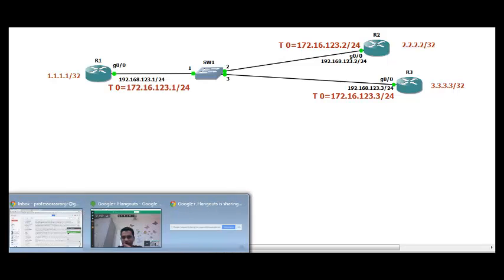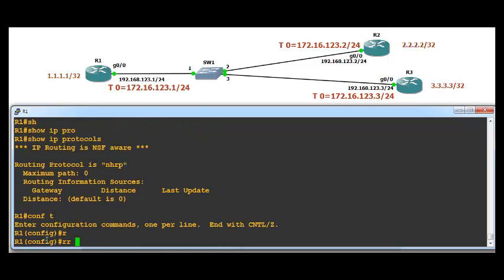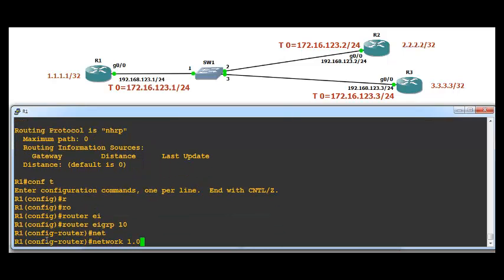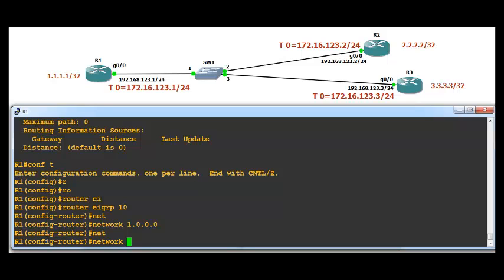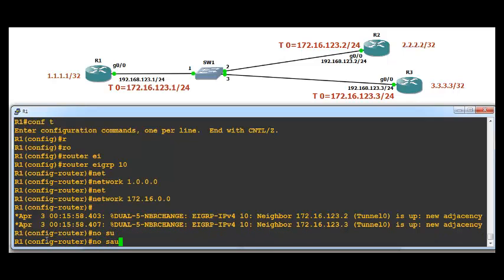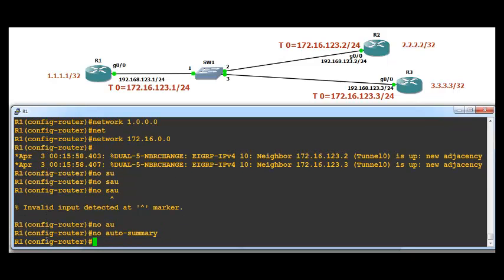Now what I'll do is I'll enable EIGRP on R1. Router EIGRP 10, network 1.0.0.0, network 172.16.0.0, and no auto-summary. Now what you see here is that using tunnel 0 they form a neighbor, right? So when I go to router 2,